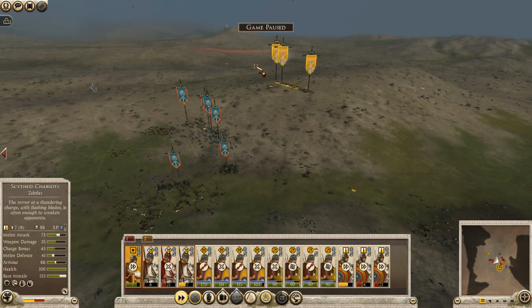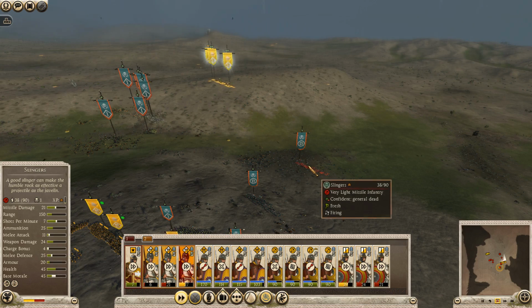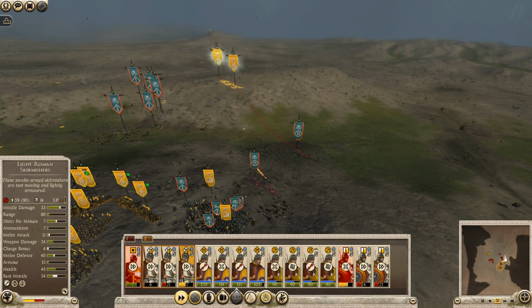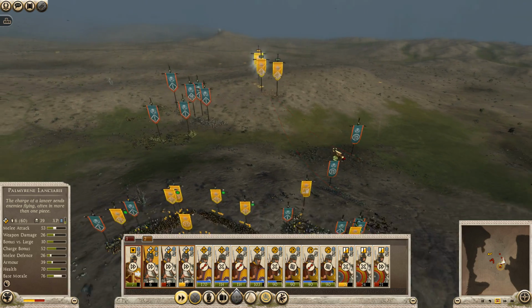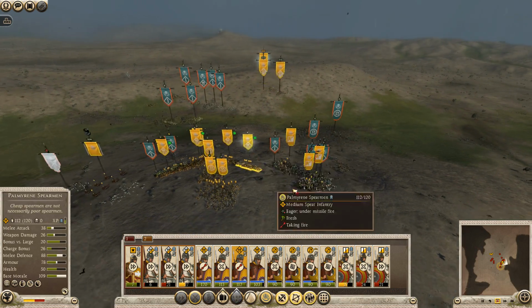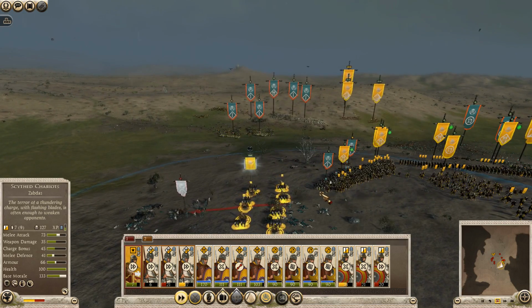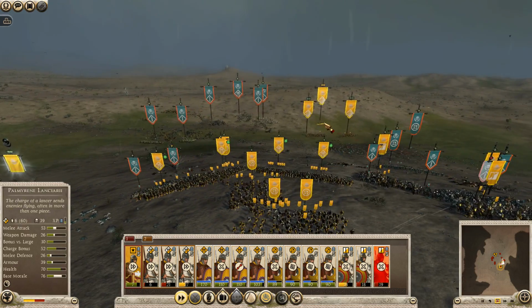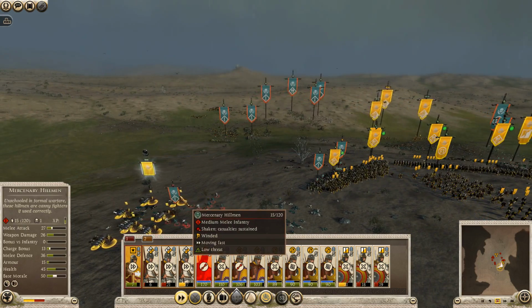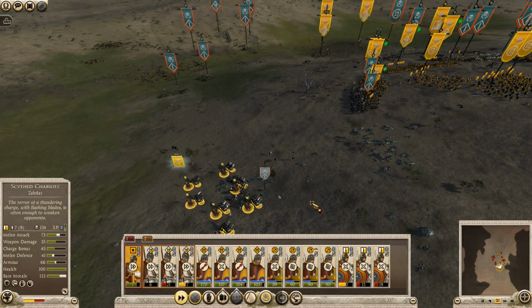Okay, so we've got some shot cav over here. Tell you the truth, I'm going to use them on these remaining archer units. Spears! Commander, charge! Alright, let's now see if we can...